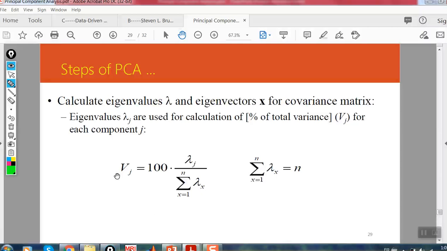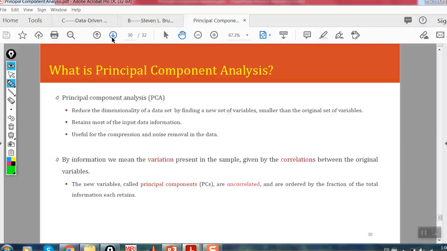Then in each application, according to the desired thresholding for accepting these eigenvalues, we can select the number of eigenvalues. Okay, and the number of eigenvalues is related to the number of features that we can select. Okay,